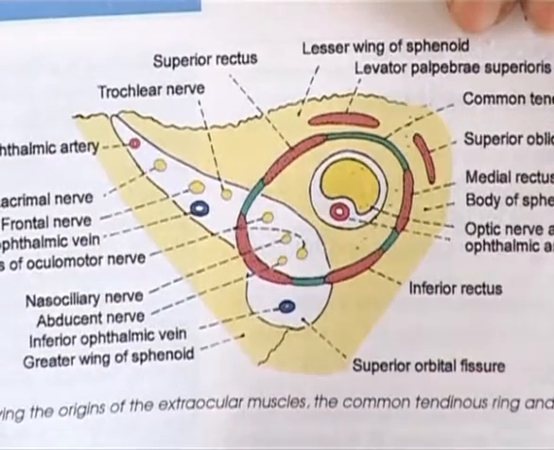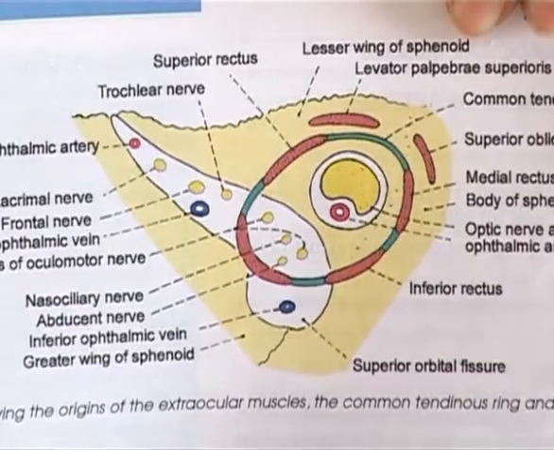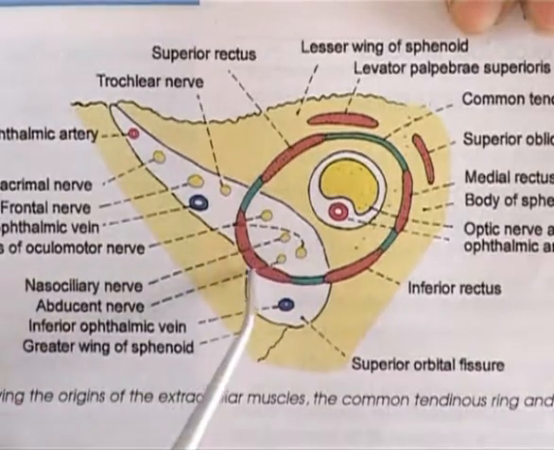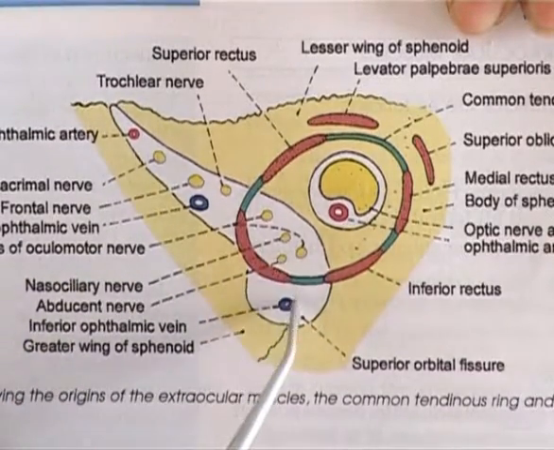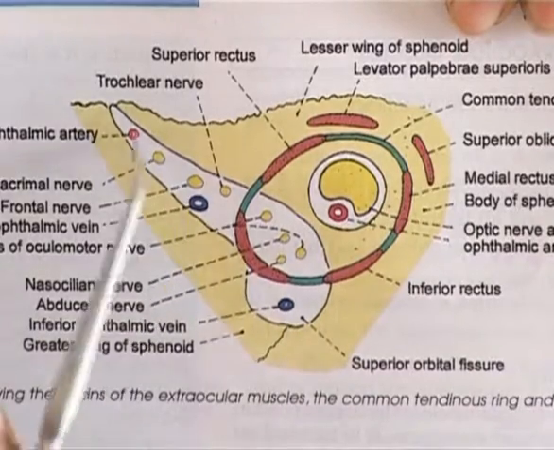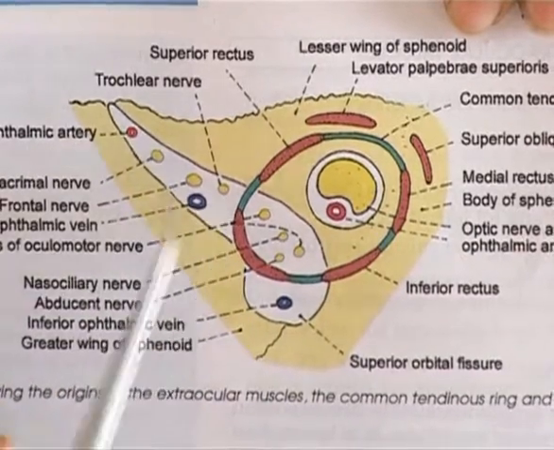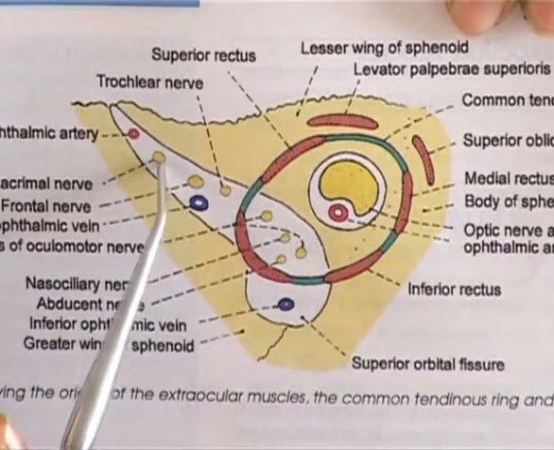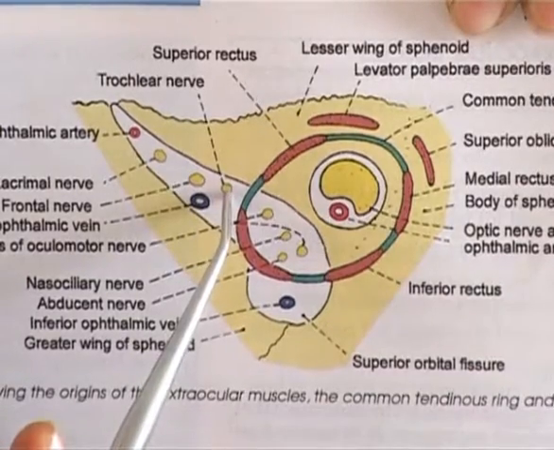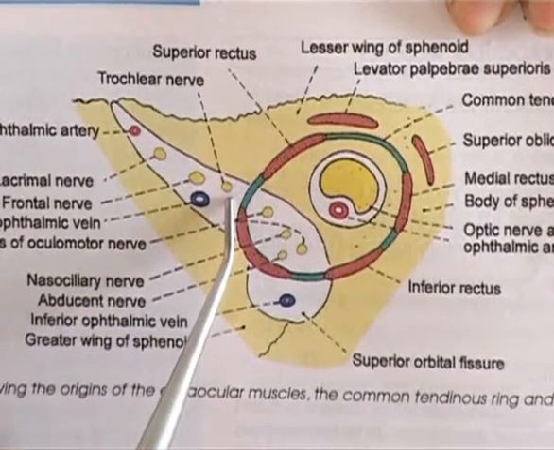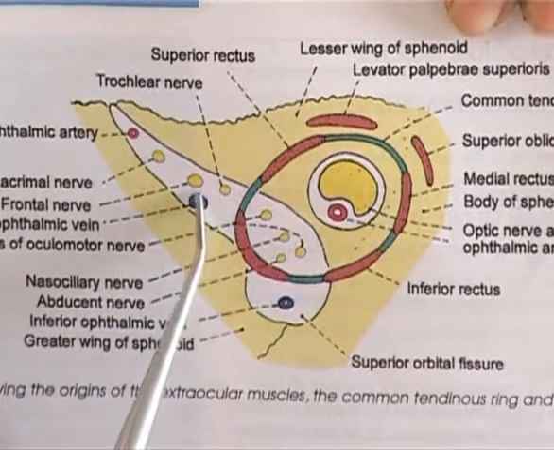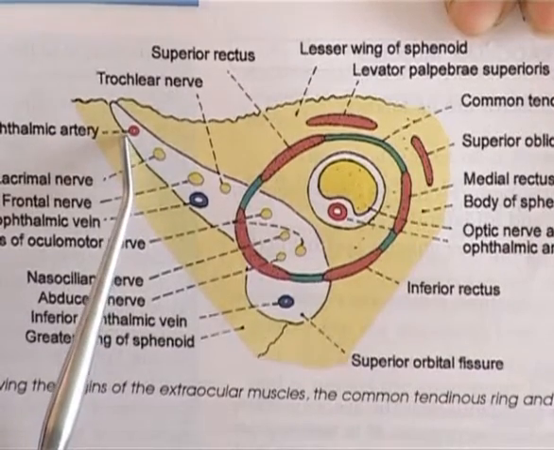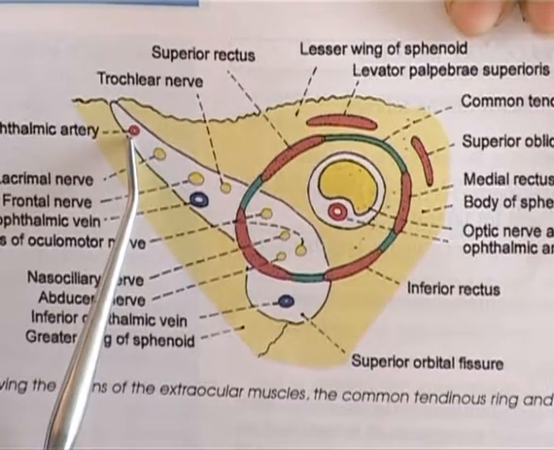The figure shows the obliquely directed superior orbital fissure and its contents. It is divided into three parts: lateral, middle and medial. Through the lateral part pass the lacrimal and frontal nerves, which are branches of the ophthalmic division of trigeminal, and the trochlear, the fourth cranial nerve, the superior ophthalmic vein, and the recurrent meningeal branch of the lacrimal artery, which in turn is a branch of the ophthalmic artery.